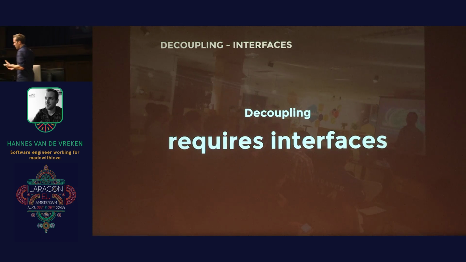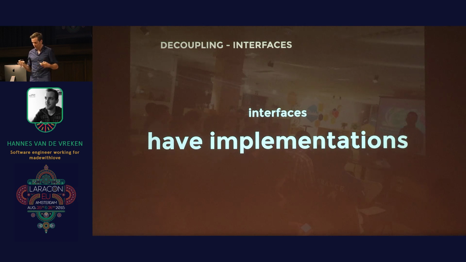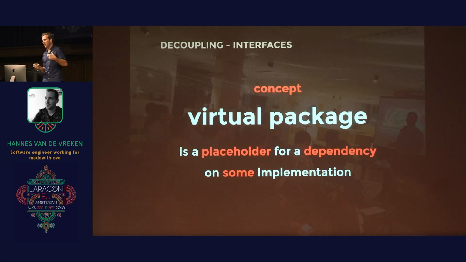So decoupling requires interfaces. And interfaces have implementations. So you require an interface, and people can choose which implementation to use. And there's this concept on packages.org called a virtual package. A virtual package is essentially a placeholder for a dependency on some implementation. Still with me? Okay. A virtual package is basically, you say,